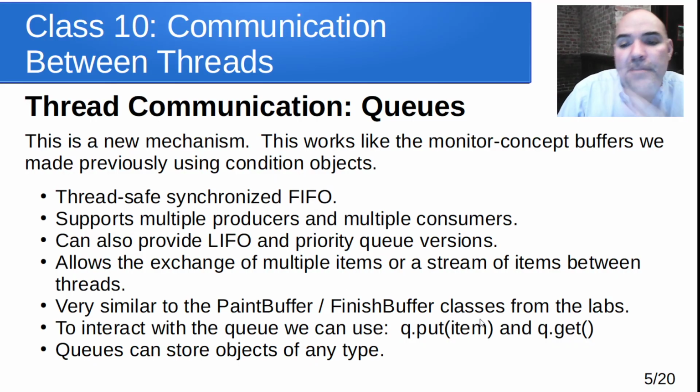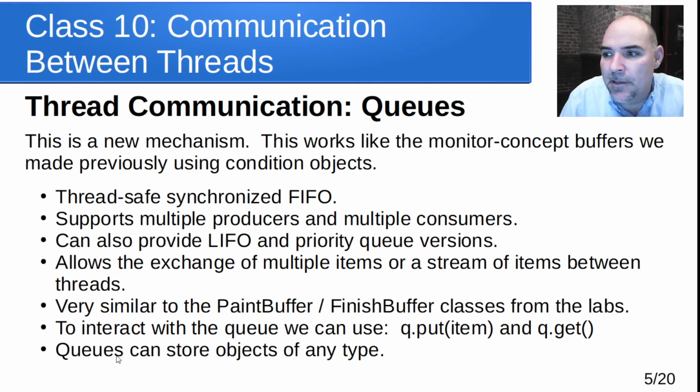So from the previous labs, the paint buffer, finish buffer, it works like that, but we don't have to implement that object ourselves. It's something that already exists. To interact with queues, we can put items in it, and we can get items out of it. And the cool thing about the way queues are implemented in Python is that it can store objects of any type. So it could be a queue of integers, a queue of strings, a queue of game objects like